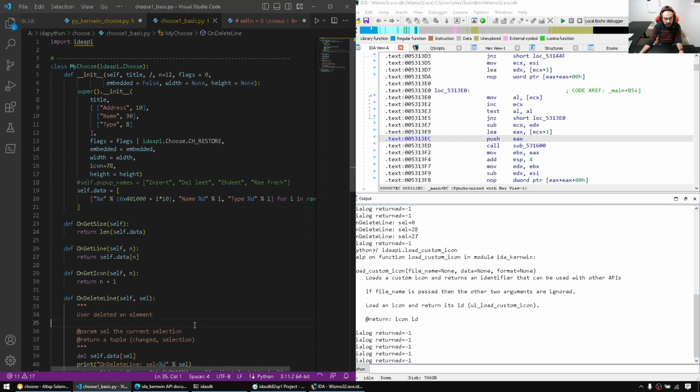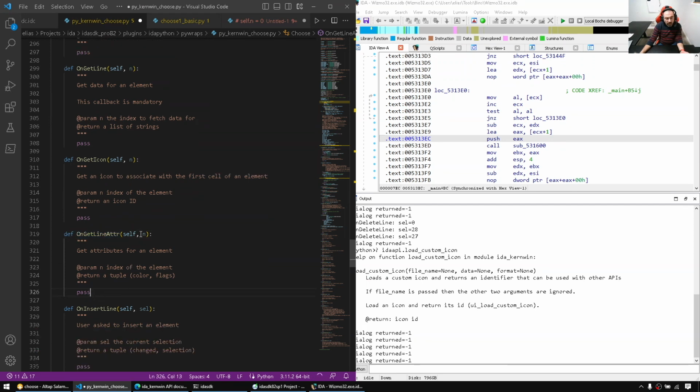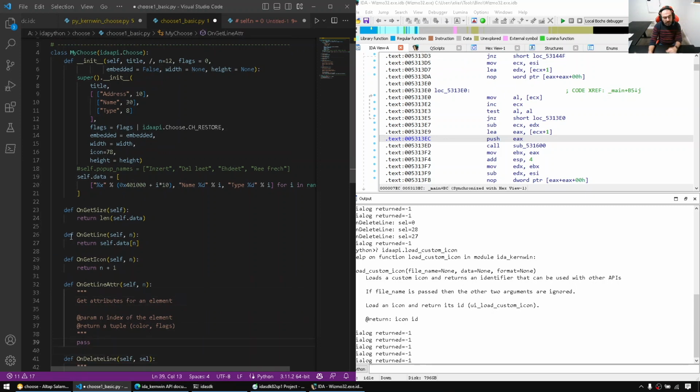We're gonna add the get attributes callback. So on get line attributes, also given the line number, we'll have to return a tuple, or not necessarily just a tuple, it could be a list. So let's experiment with that. So here we'll have to see what can we do with colors and flags. What are the options here? For colors, we have to specify the background color. So for now, I would say